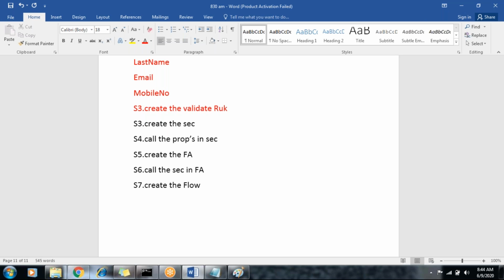Validate rule is in the process category. What is the purpose of a validate rule? I will tell you. Suppose you want to create a validate rule in the application. This is the path: create, process, validate.